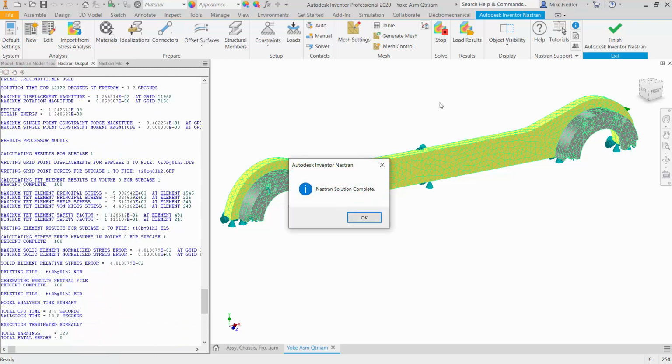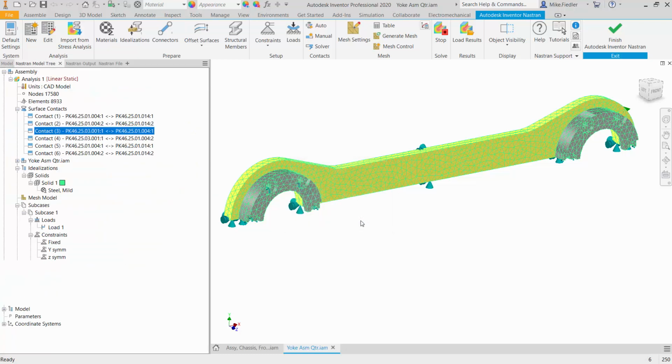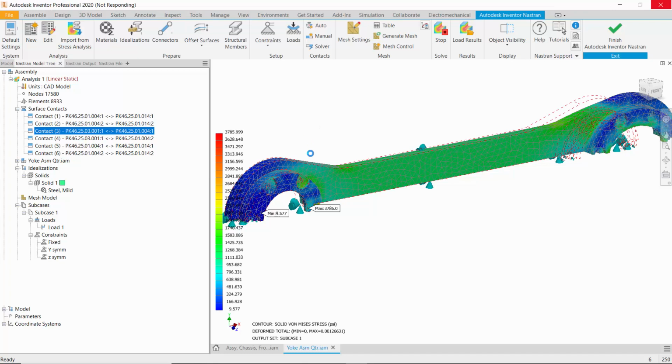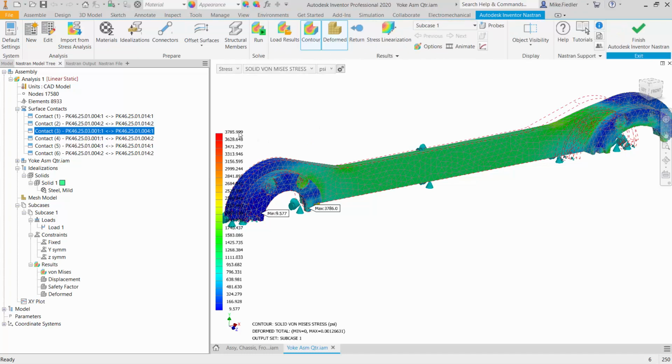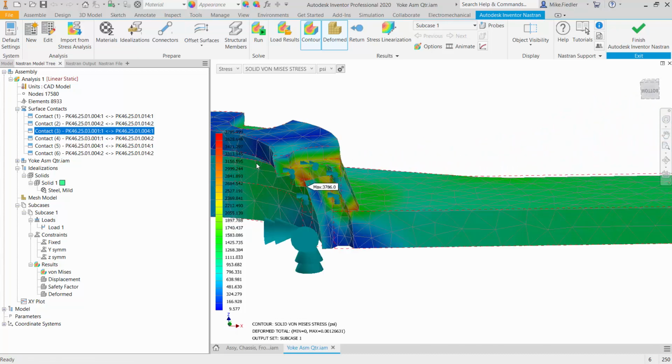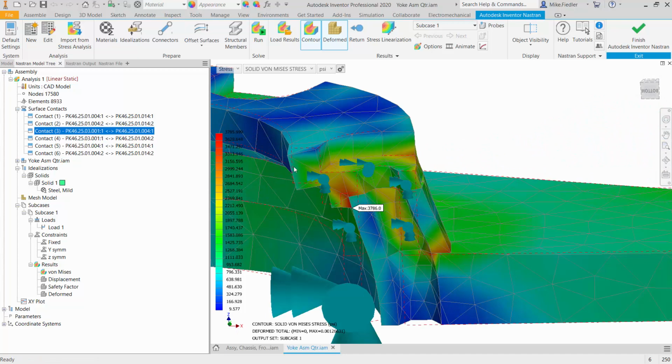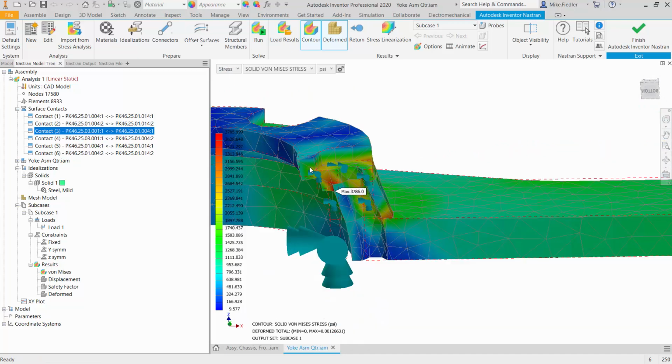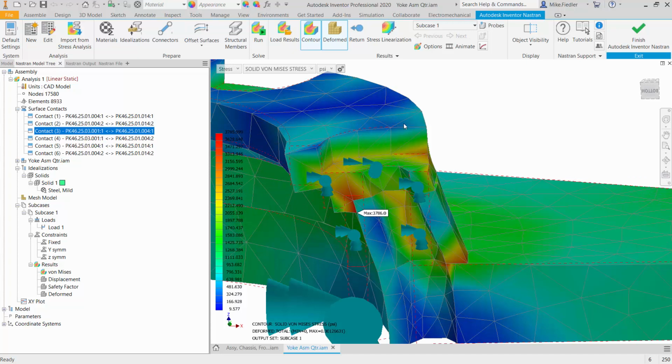Okay, so that time, now that I've added in the contact, you can see the Nastran solution is complete. And there are my results. So my max stress is 3,785, and as far as the yoke goes, given the constraints and the loads, the stresses in there are all relatively low. If I come around and I look at my geometry, I can see where my max stress is occurring is between the